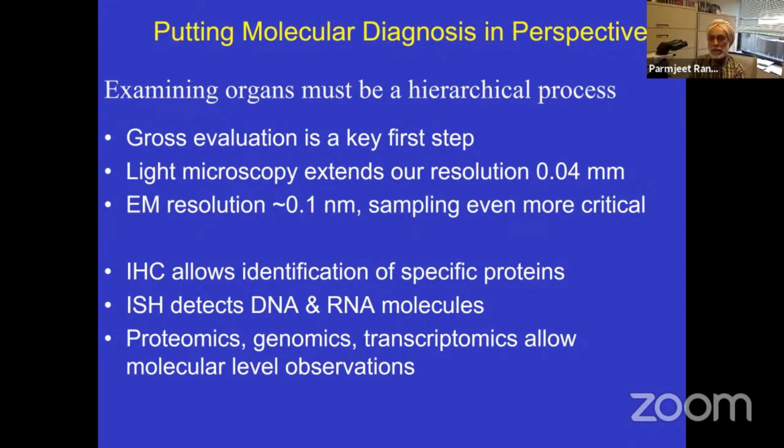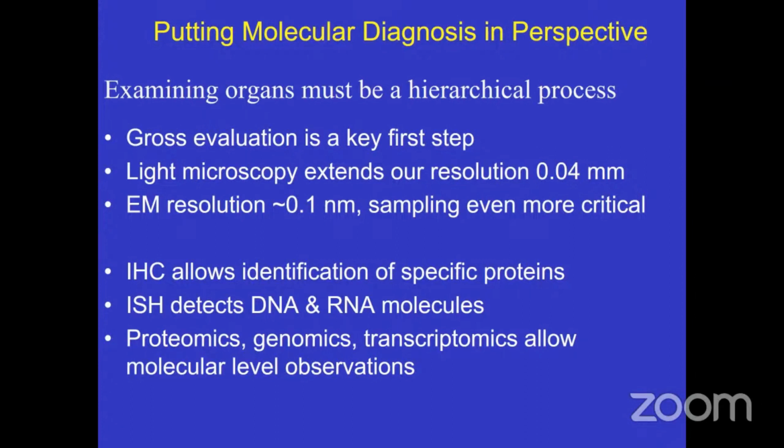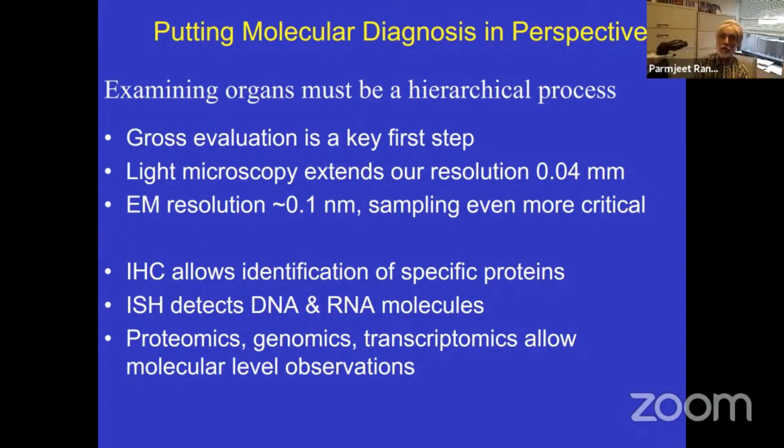Examining organs must be a hierarchical process. Gross evaluation is a key first step. We all know, for example, if an organ is not sliced thinly enough, if we don't identify a graft, if we don't make sure that it goes into the paraffin block, no molecular diagnostic technique is going to give you the correct diagnosis. So next step after the gross is the light microscopy, which extends our resolution to maybe about